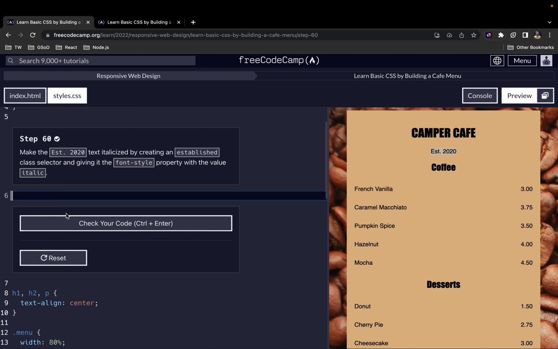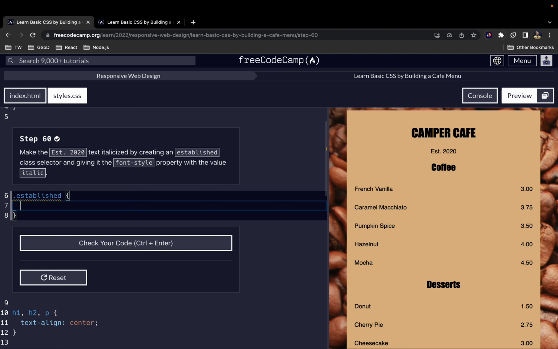So create .established, and we'll say font-style italic. All right, but as you can see, it's not yet italicized